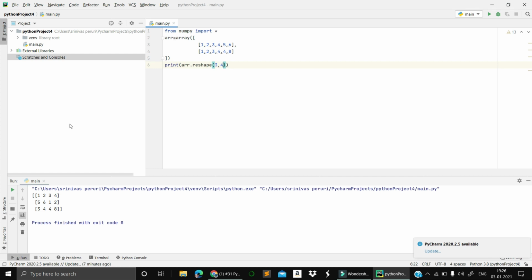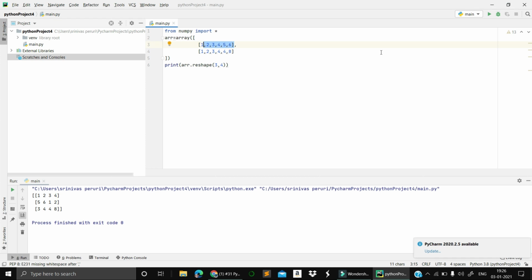So whenever you pass elements, the number of elements should be equal on both sides. Otherwise, it leads to out of memory, insufficient, or array index out of bound errors.